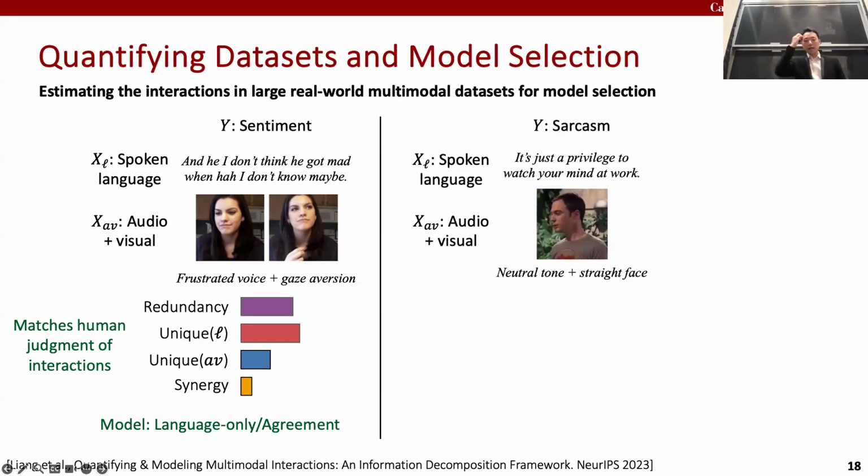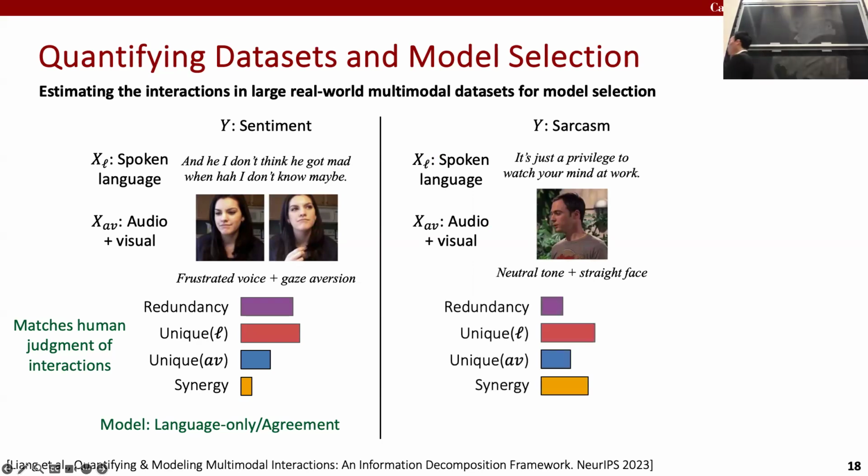Second example I want to highlight is again using the same two modalities, spoken language in the first one and everything that is nonverbal in the second modality. And the goal is to understand whether people are being sarcastic in the video. And again, we find that language is the most important interaction because sometimes we do say sarcastic things. But the second most important interaction is that of synergy. So there are actually many practical examples in the world where you are saying something positive but showing negative or angry expressions. And you have to synergistically combine these modalities.